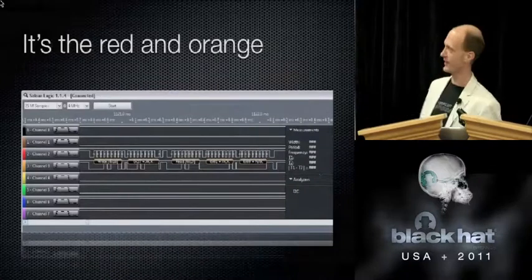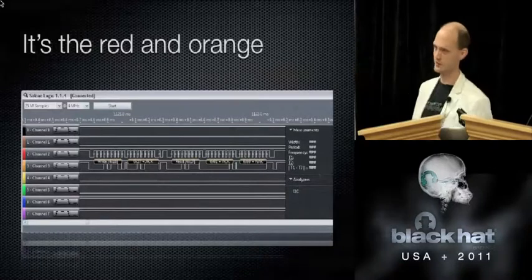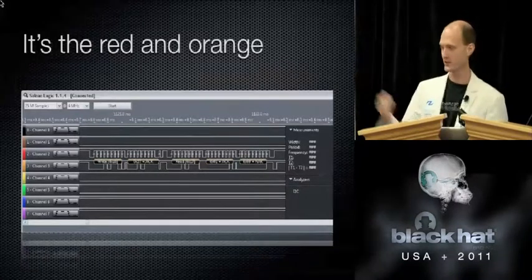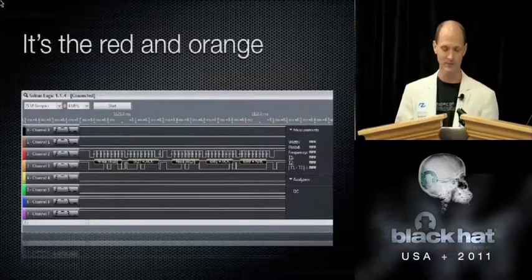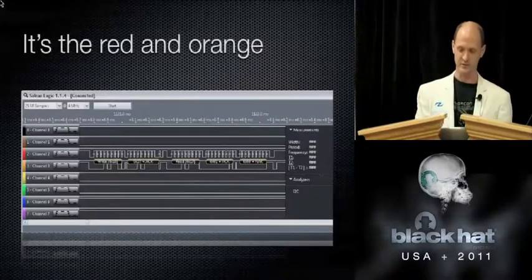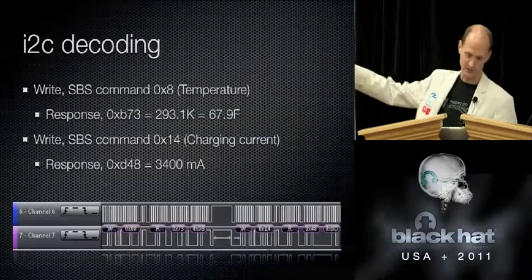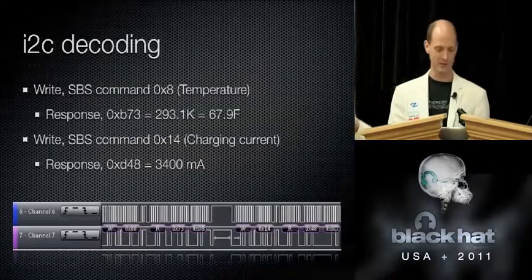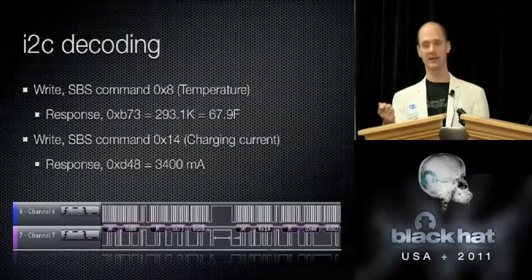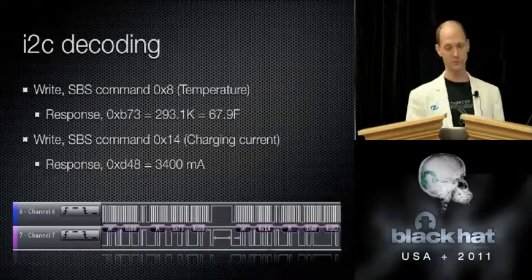So once I did that, I put it into the logic analyzer here, and sure enough, I can see which of the channels is talking. And it actually has I2C built into it. So you can see, it's already telling me that it's writes and stuff, and I'll zoom in a little bit to show you what it looks like. Just looking at the traffic, you can see the SBS stuff going on. So it's a write to 8. You can look up 8. 8 is temperature. And the response is B73,